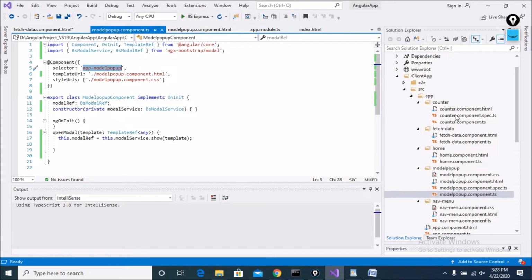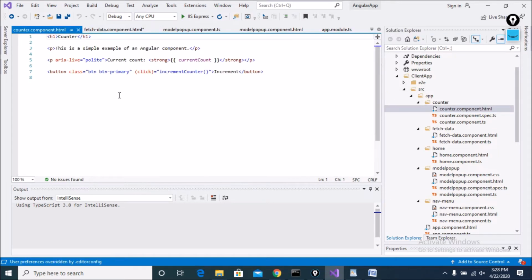Open counter component.html and put your selector here like that. Just cut this one and paste it where you want. I want to paste it here, press Control S, and do the same in the fetch data component.